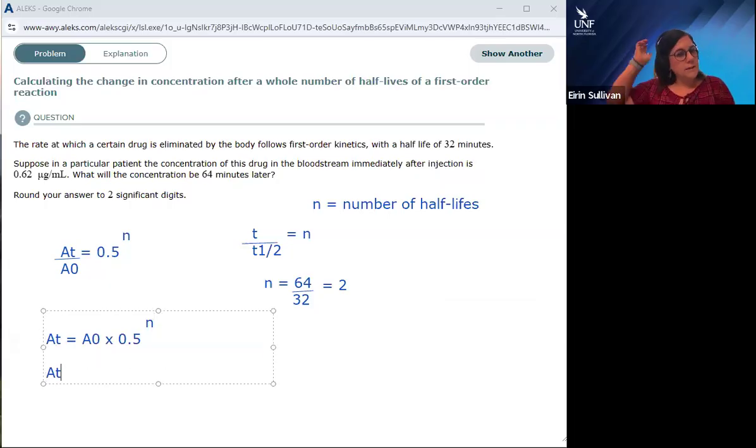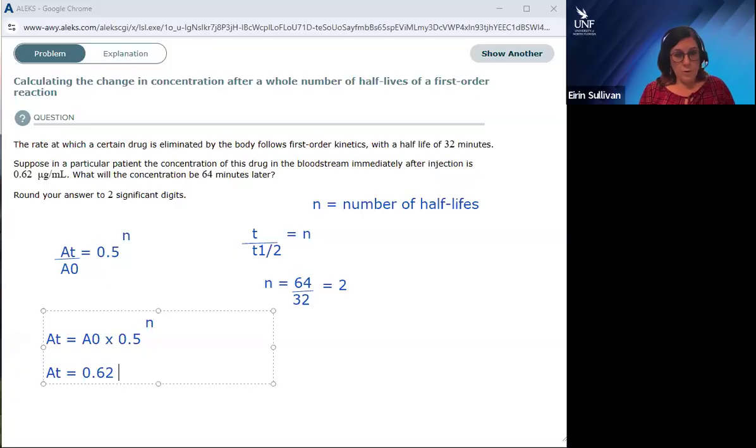Obviously, whatever units I have for my initial concentration are going to be the same units as my final concentration, because 0.5 to the power of an integer n is going to be unitless. So look for what units your answer is requested in, but if it's the same as the units you were given the initial concentration in, you can be a little bit lazy here as far as